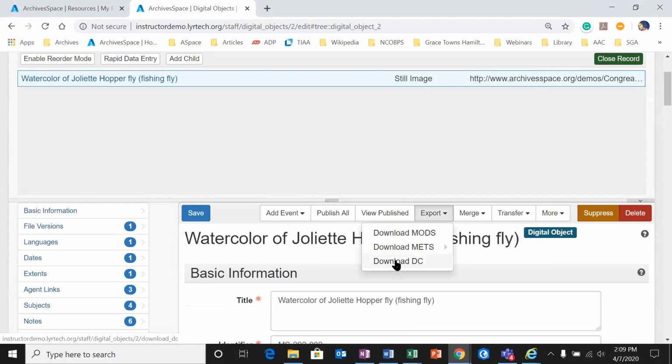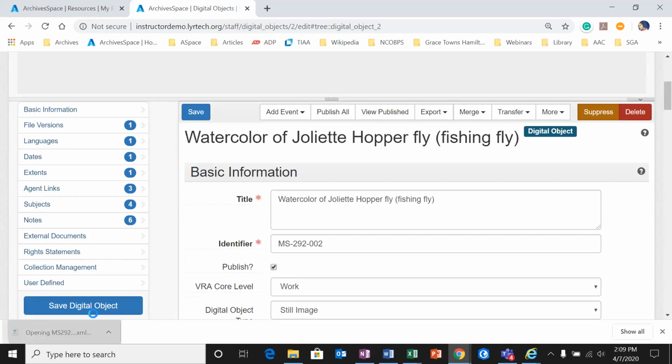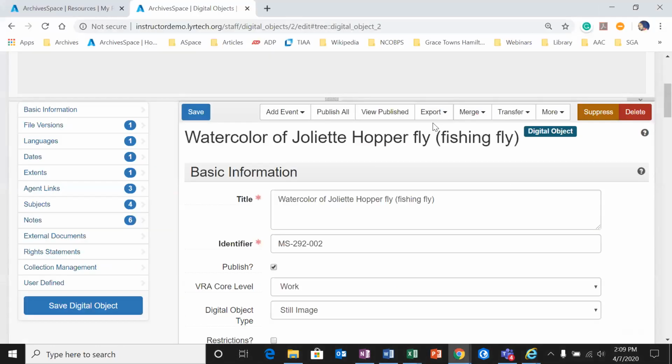And then lastly, you can just export the Dublin Core, and that will comprise the digital object's metadata. But for complex objects, it will only show the parent level metadata. It will not show component records. So you can see that it doesn't include the content file. It only includes the metadata within the records, only the descriptive information in Dublin Core elements. So those are all that you can export